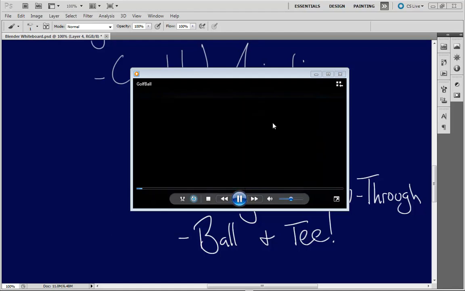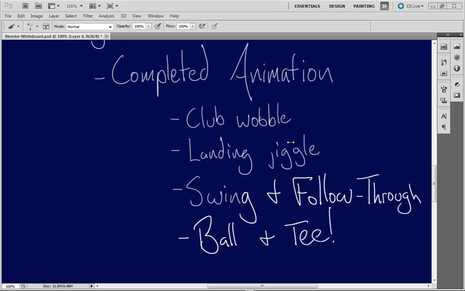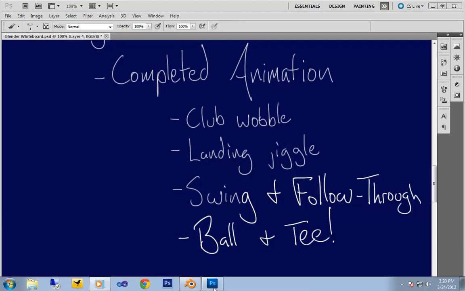And I want to see some kind of follow-through. It doesn't have to be anything extravagant. I just want to see that you guys can knock this out. And really, with the rig that we've created, this entire process is going to be very, very simple. You're most of the way done now. As a matter of fact, the hard part is just getting him to bounce up the hill. And we've covered that on video. Everything else is super easy.